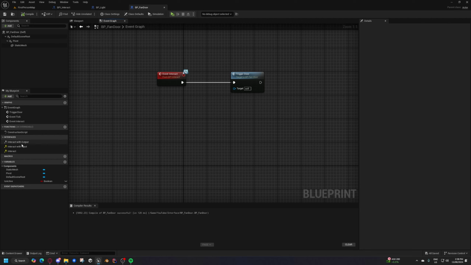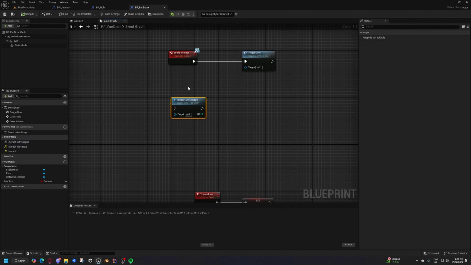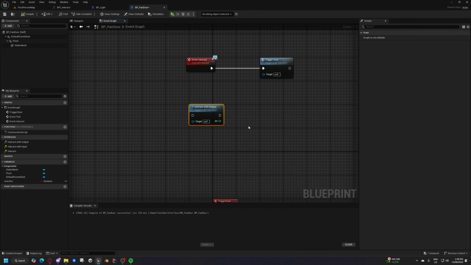This interact with output, you can actually pull it out. Okay, that's fine, but usually you don't pull it out in this class. You can if you want. This is actually meant to be accessed by other classes. This is a function that's meant to be, I mean, you can imagine making a function here